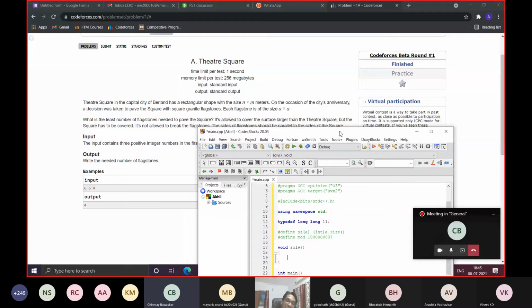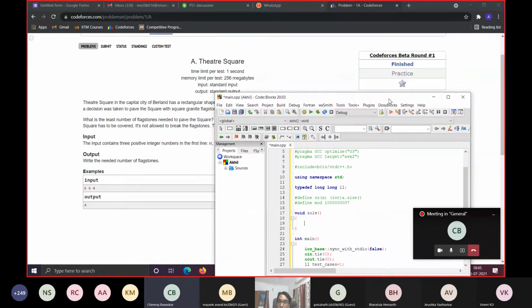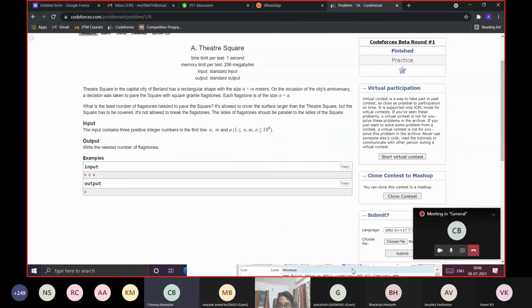Do you think that will cover all the squares? Yes, because that's what I used to make it a multiple of a. We will just add a minus the remainder of that number to that number only. Should I explain it more or it's enough? Could you explain the remainder part? I didn't understand that.